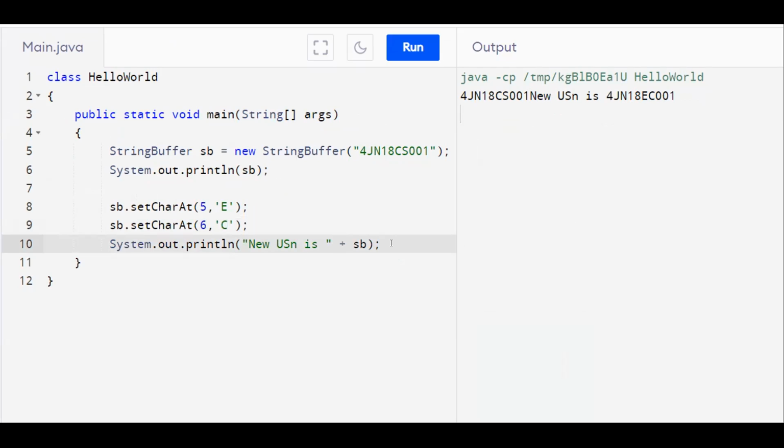So this is the working of the setCharAt method. Now let us see how we can extract multiple characters at the same time. Just like how we extracted the year using two function calls, how can we do it using a single function call.